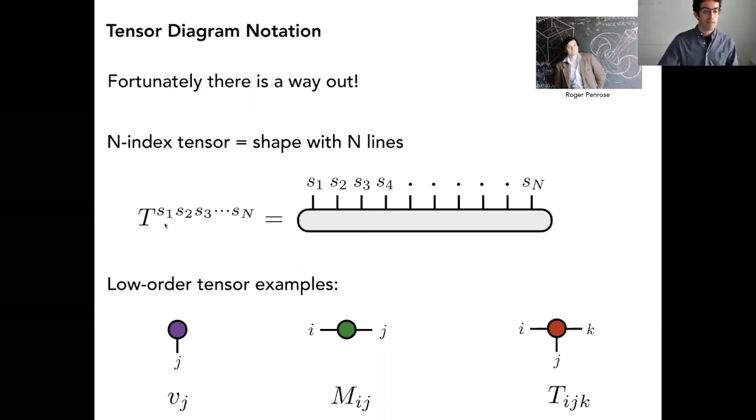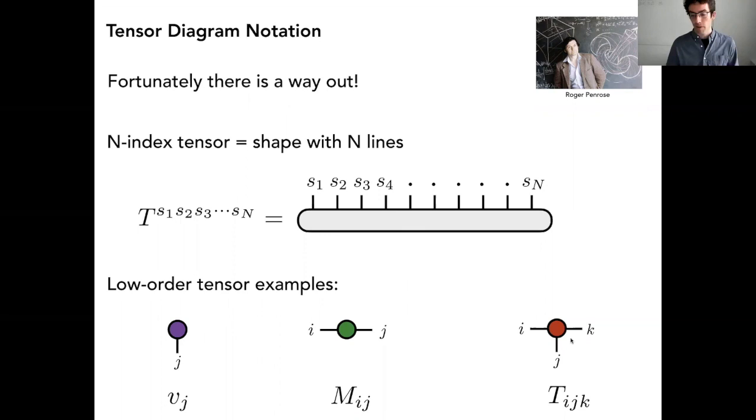The way it works is that if you have a tensor with n indices, you draw it as some kind of shape, and the orientation and the shape of the shape is not the most important thing. You can use some conventions there, but basically there are no hard and fast rules. The only hard and fast rule I'll tell you on the next slide, but the lines coming out notate the indices. You can see some low order examples: a vector would be a shape with one line coming out, a matrix would be a shape with two lines coming out. Here's an order 3 tensor. So it's much easier to draw a higher order tensor.